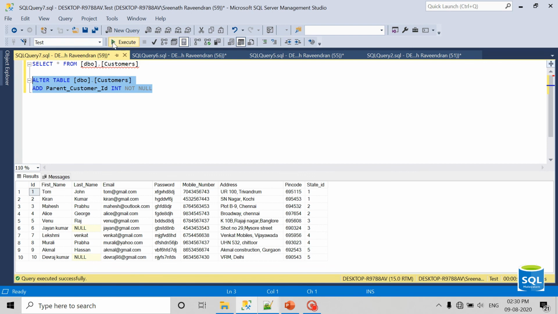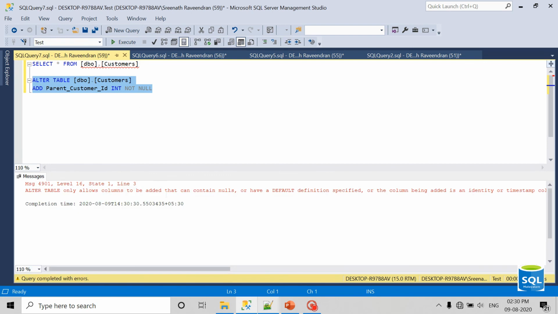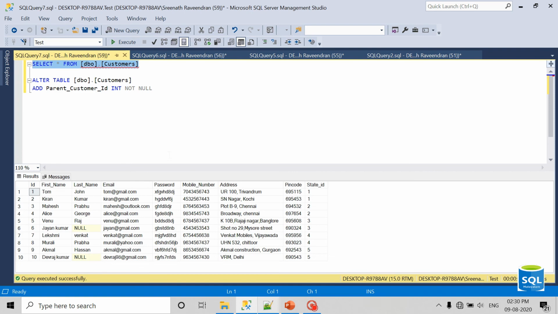It will throw an error because the table contains around 10 records and we specified the new column parent customer ID as NOT NULL. If I try to add it, it will throw an error because SQL Server does not know what value needs to be put for these existing records.